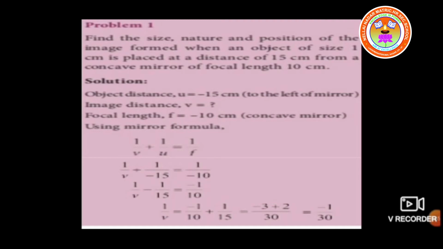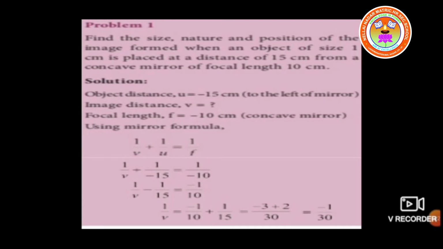Okay students, here it has an LCM, we are taking the LCM. So it has the values 10 and 15, so taking the LCM means it is 30. Both sides are multiplied: the first term by 3 and, numerator and denominator both, the second term by 2. So it will become minus 3 divided by 30, plus 2 divided by 30. In the next step we can write minus 3 plus 2 divided by 30, that is equal to minus 1 divided by 30. That is the value of 1 divided by v.